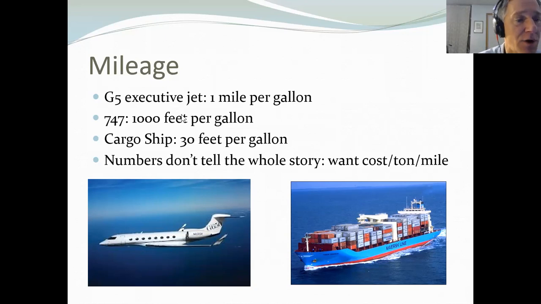And again, when you look at these, if you translate 1 mile per gallon, well, there's an embodied energy. To make a G5 takes a lot of energy, aluminum and fabrication and all this stuff. You don't pull them out of the copper mines in Chile. And then to operate, it's expensive. You have these 2 pilots that run it. There's a tremendous amount of embodied energy with that.